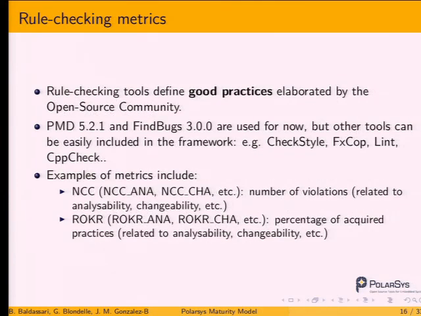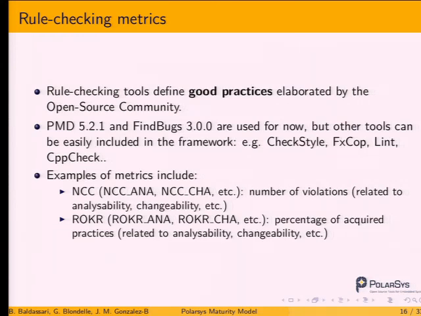We also have rule checking tools that run. What is really interesting with them is that they provide good and bad practices as defined by the open source community. As an example, you have a getter, you have a setter, then why is your attribute public? So now we run only PMD and Findbugs, but we could very easily add new rule checking tools. These are for Java, but we could add tools for C, for .NET, I don't know what. So here are a few examples that we may add.